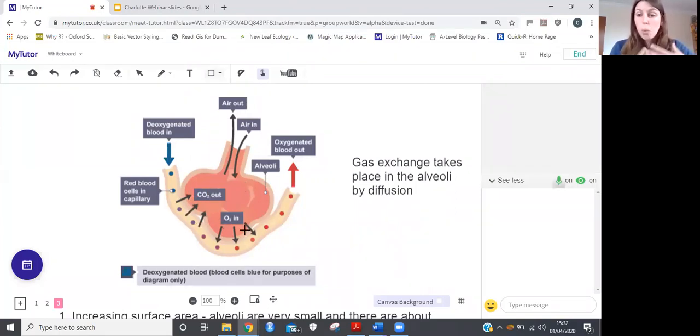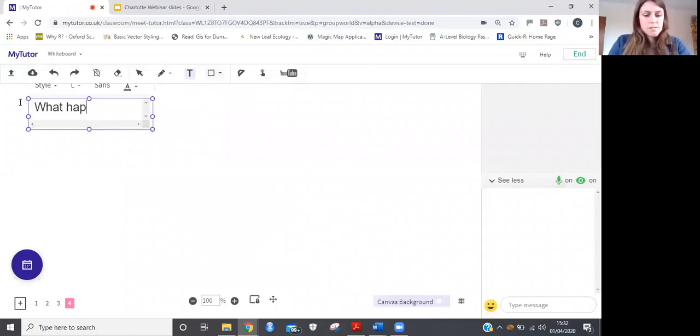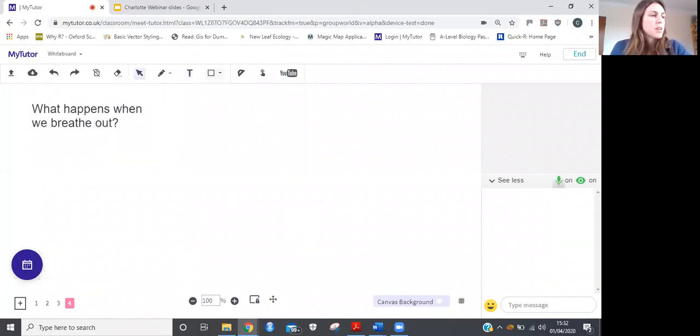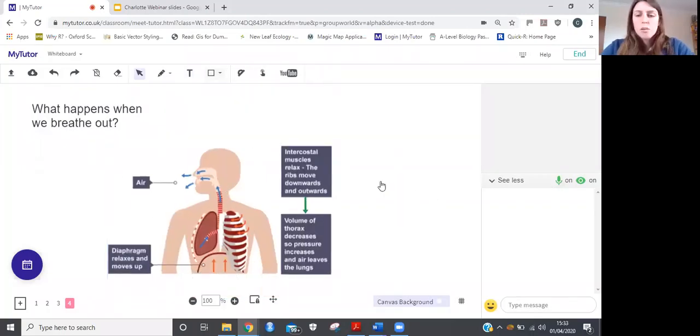That carbon dioxide is a waste product. We need to get rid of it. And there's a very convenient way of doing that. We do that by breathing out. Well, breathing out is pretty much the opposite of breathing in. When we breathe out, if we do that now, so take a deep breath in and then breathe out,